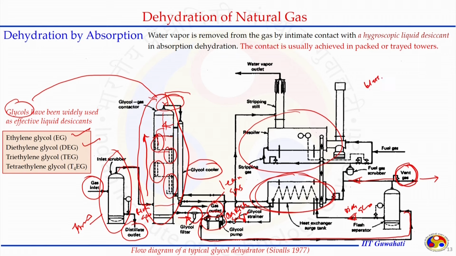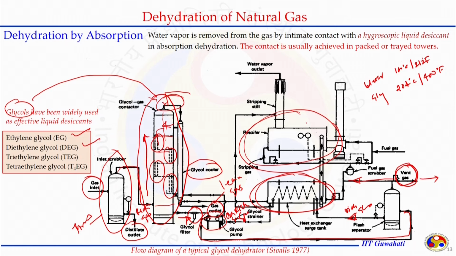Water has a boiling point of around 100 degrees Celsius, which is 212 Fahrenheit, and glycol has around 204 degrees Celsius, meaning 400 degrees Fahrenheit. So, because of the significant difference in the boiling point, we can easily separate or boil off the